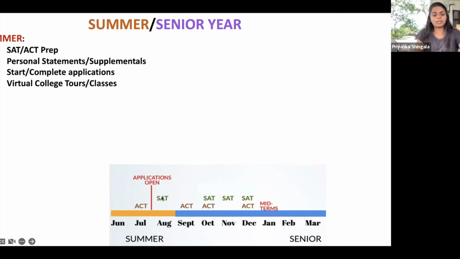I actually don't ask students to send in their applications in August. I usually say wait until the school year starts, because you need to talk to your guidance counselor about opening up your Naviance account, which is how grades and teacher recommendations are submitted. That's actually the major one. You want to talk to your guidance counselor so that your Naviance account can be opened up. And that way, if you also need to follow up with any teachers for your recommendations, then you have time when you can see them physically to follow up.